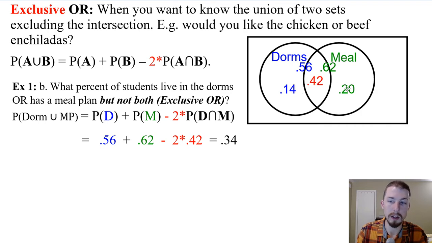Now that we have the three disjoint probabilities, we could just add all three of those to find the union of those two, and then we wouldn't have to subtract one twice in the middle. Lots of different ways of doing this. But if we only wanted to know the dorms or the meal plan, but not both,